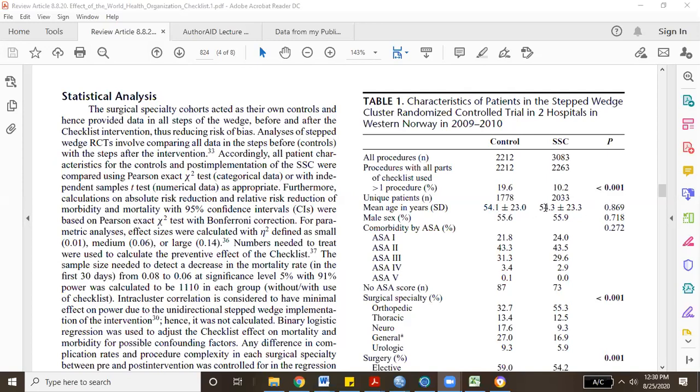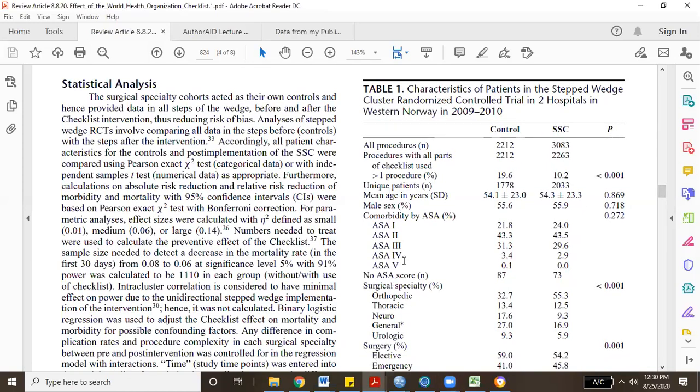Now, for comparing means, what is the appropriate test of significance to use? The authors mentioned it here, the students, the independent sample t-test, okay? It's also called the student t-test. You use it when you're comparing numerical data, like you can see now, they're comparing numerical data here. They're comparing the raw average numbers. So that's why they are using the student t-test. So in this table one, that's fairly what the authors did. They just did a comparison of the different independent parameters between the control and the treatment group and see whether